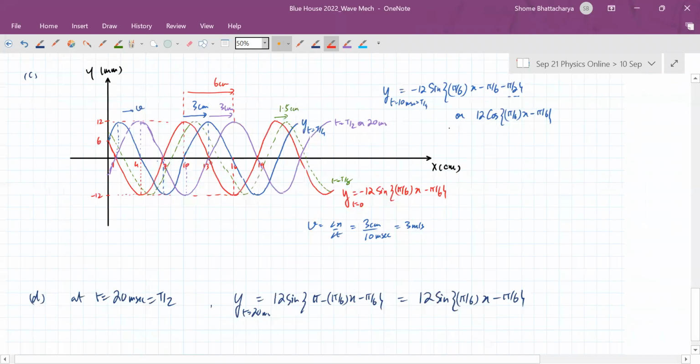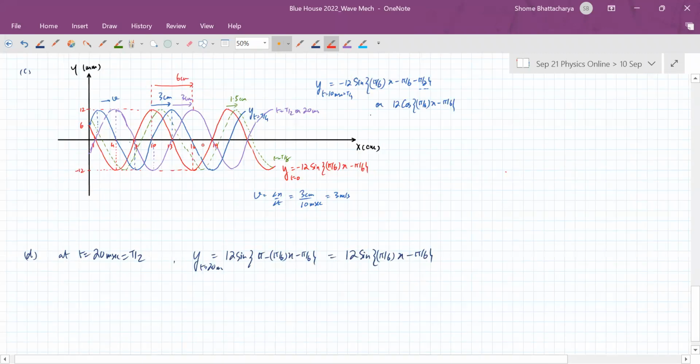So this is not only drawing the snapshots, but superposing the snapshots on the same diagram. So you can understand how the shape of the string is changing from the red colored wave at t equal to 0 to the green colored at 5 milliseconds, then to the blue colored one at 10 milliseconds, okay, to the violet colored one. So the whole wave shape. So comparing the snapshots, okay,